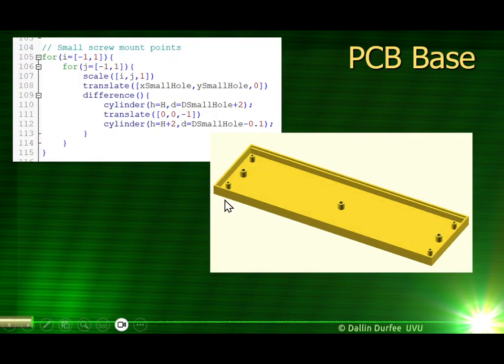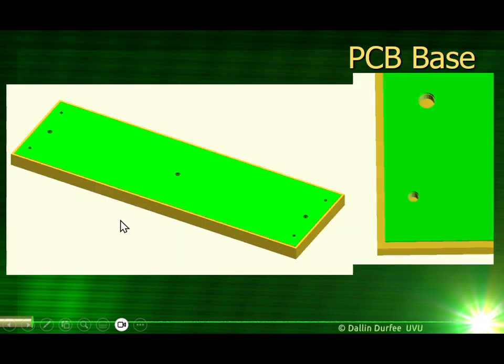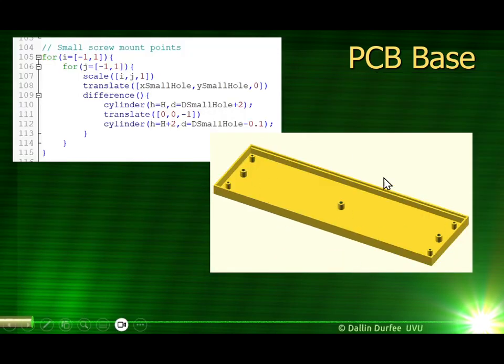And then I do the same thing for the small screws again, right? I'm going through an X and a Y scaling double loop. And again, I have a cylinder, which is the diameter of the screw plus a little bit, and then I punch a hole, which is just a little bit smaller than the size of the screw that I can cut into. And then I uncomment the printed circuit board to make sure everything fits, and I look from above and make sure the holes in my circuit board line up with my mount points and everything. Once I'm happy everything's good, I comment out the circuit board, and I render this thing right here and 3D print it,